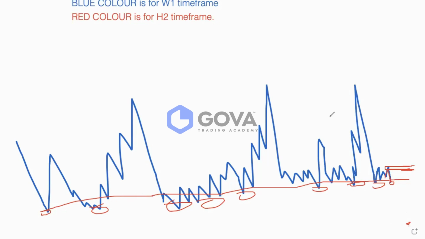Now, naturally, we should be expecting market price to play around this area and start going up, right? On the H2 time frame, you might see this rally-based drop. But as a trader, you should be able to know that that zone is not sitting in the right area, in the sense that